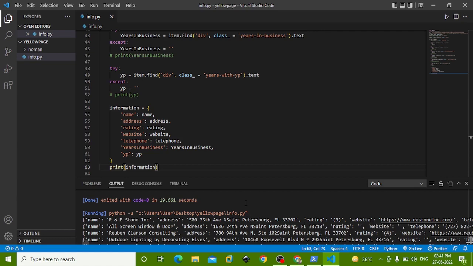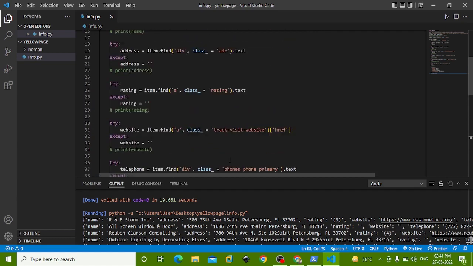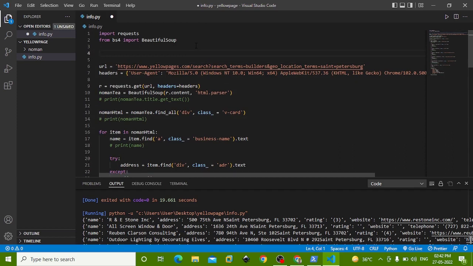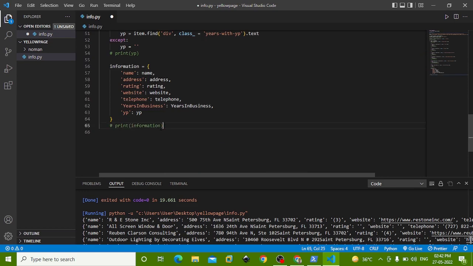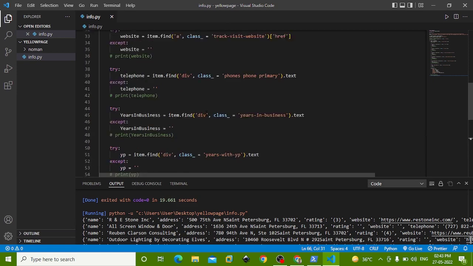Now I'm going to create an empty list, name my list, and print this statement, my list, all my list. This is an empty list now. Now append, and pass this dictionary named information. Now I'm going to save output, scroll up